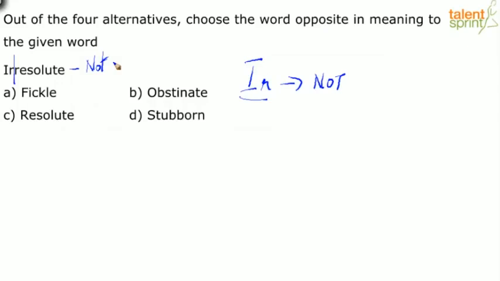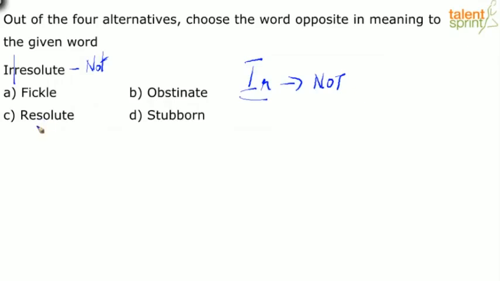So we're looking at something. Keep in mind, we are saying not resolute. Resolute means something that is firm or determined or unwavering. So irresolute means uncertain, showing or feeling hesitancy, right? So for me, if you look at this,